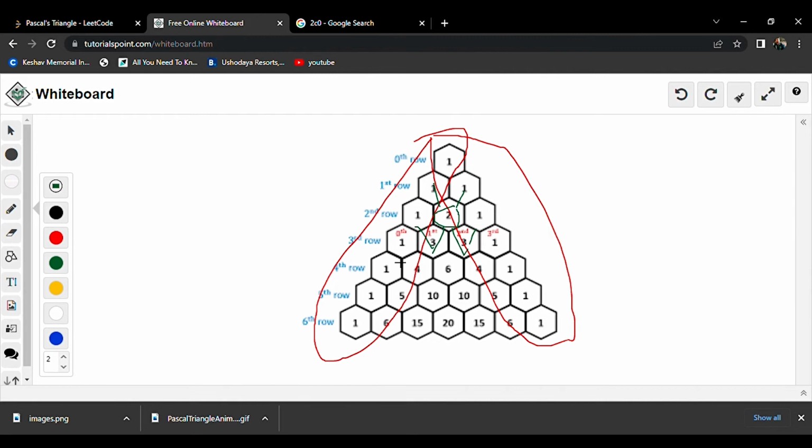Likewise, the third observation is that if we are at the nth row, there are n columns in that row. So if you are at the first row, there is 1 column. If you are at the second row, there are 2 columns. If you are in the third row, there are 3 columns. Likewise. And if the interviewer asks to find an element in a Pascal triangle, an element will be